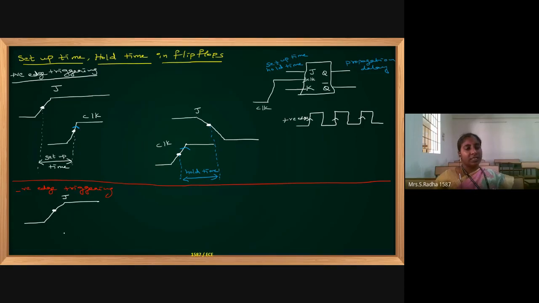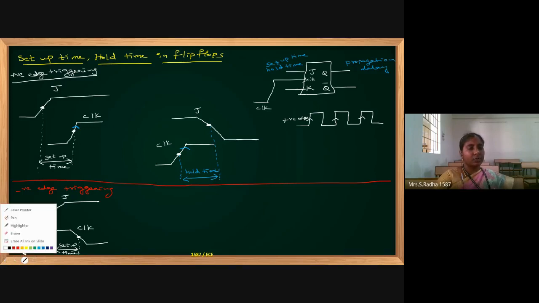But input is detected after clock is given. This is the clock signal, but this is negative clock, negative going clock. So input is already given at this point. Clock is given at this point. Only after clock, input is detected. This is the setup time, provided the clock is negative going clock, which means falling edge. Okay, decreasing clock.